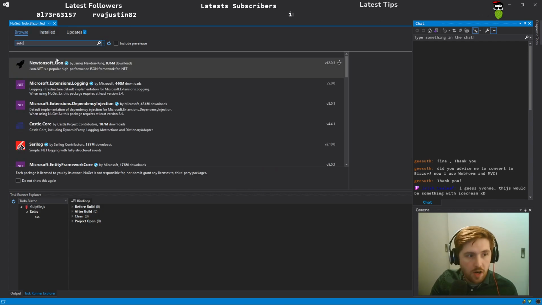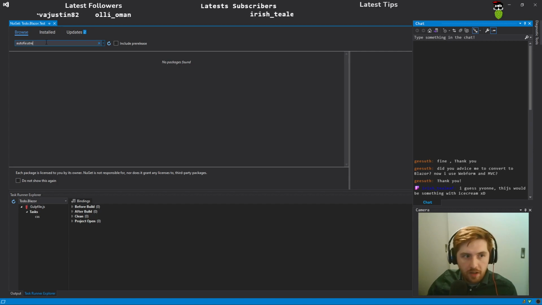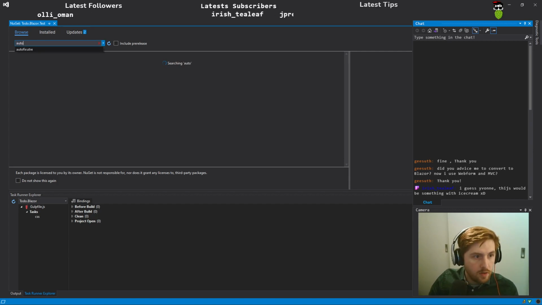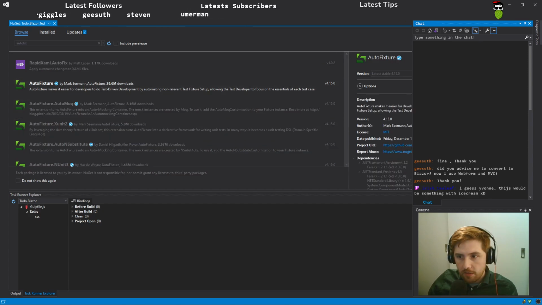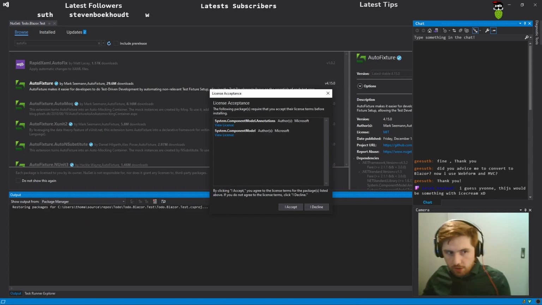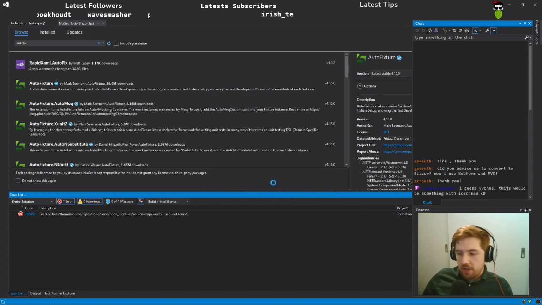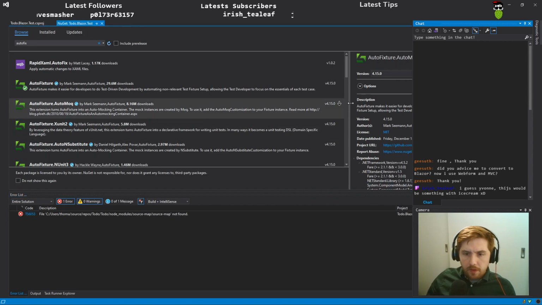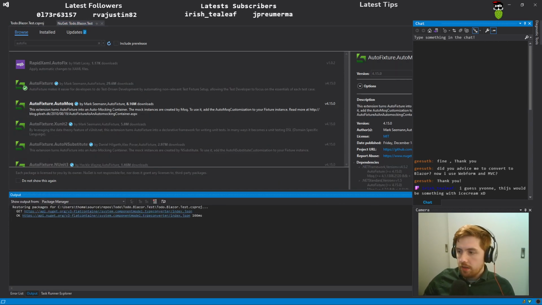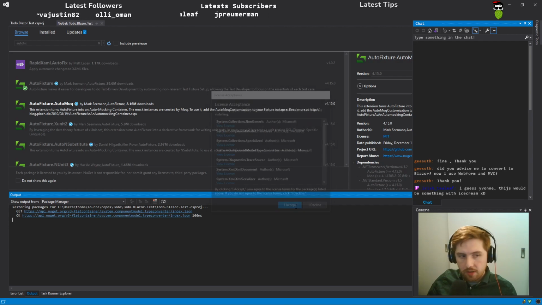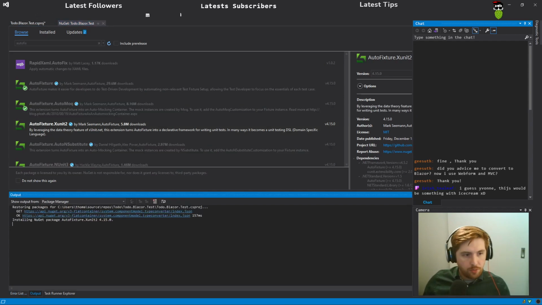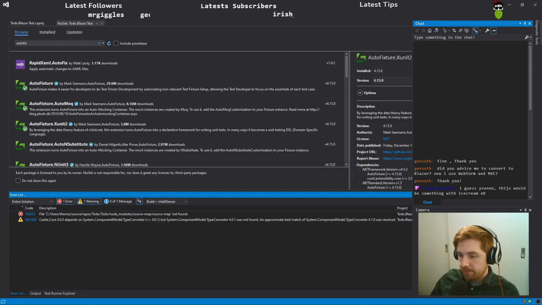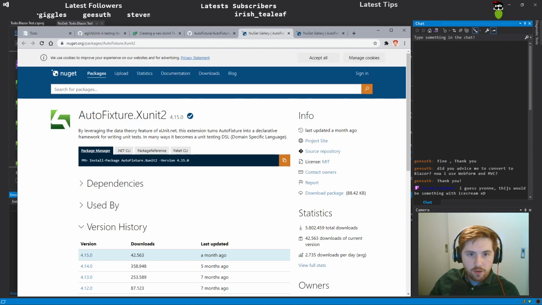And we're gonna search for AutoFixture. AutoFixture, if I can type it correctly. Let's install this one, the normal one, and the AutoMock and the xUnit. AutoFixture is a way to automatically generate objects for you, so you don't have to worry about what it is if you want a string or something. But in combination with AutoMock and xUnit, we can do some really powerful stuff,